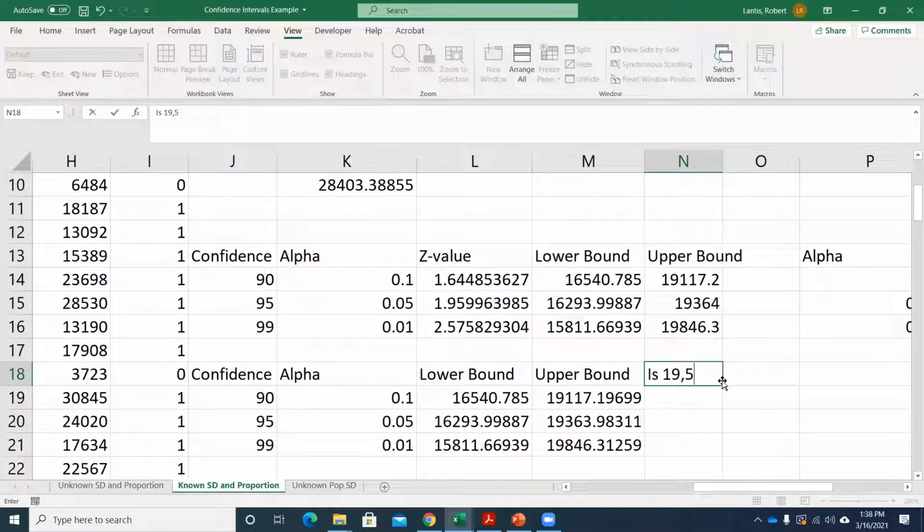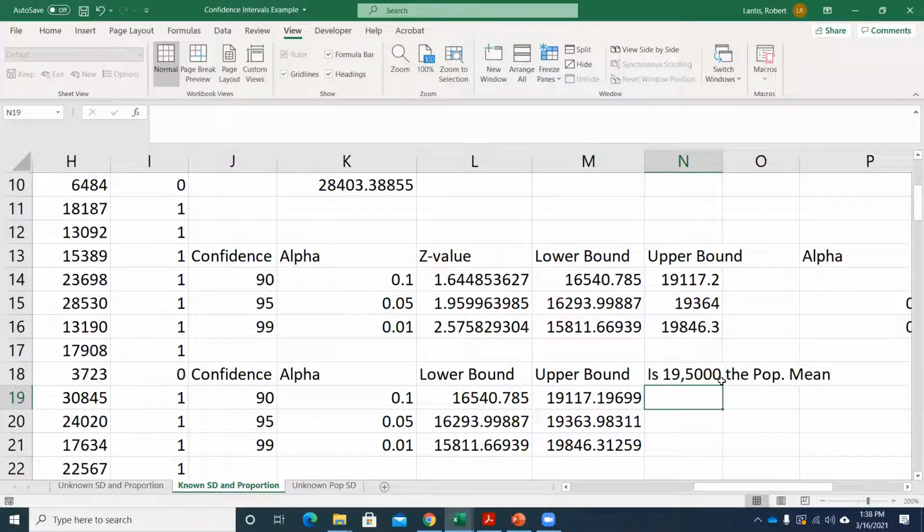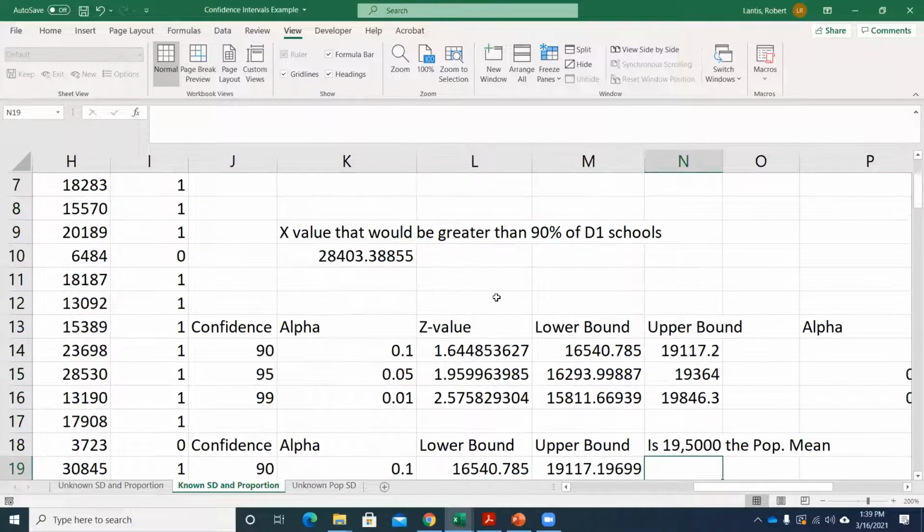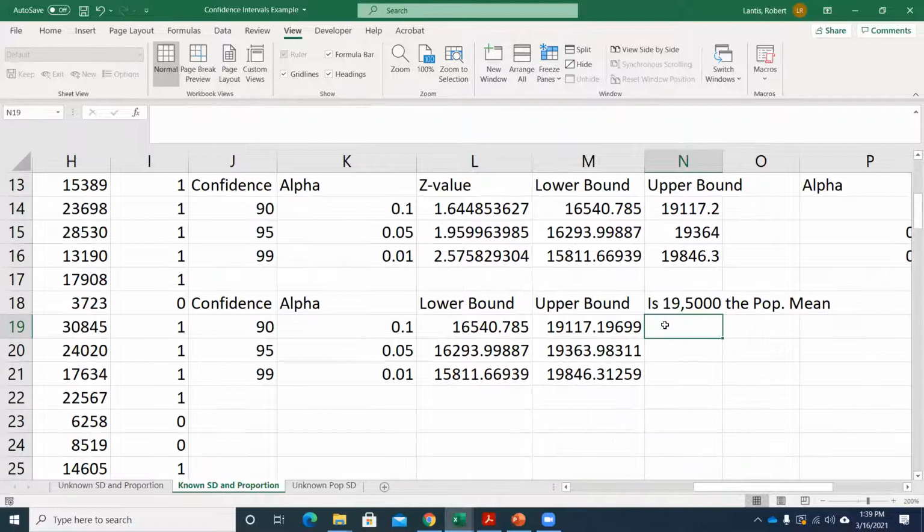Is 19,500 the population mean? Okay, so let's say that's the question we have, and we have these confidence intervals. Well, with 90% confidence, is this in the interval? Well, I can see very easily that no, it's not, right? But if I want to do these checks very quickly and also have it update, if, let's say, I find out the population variance wasn't what I told you, it's actually a little bit different, or I get a higher sample and I could recalculate the mean and all this would update for me,